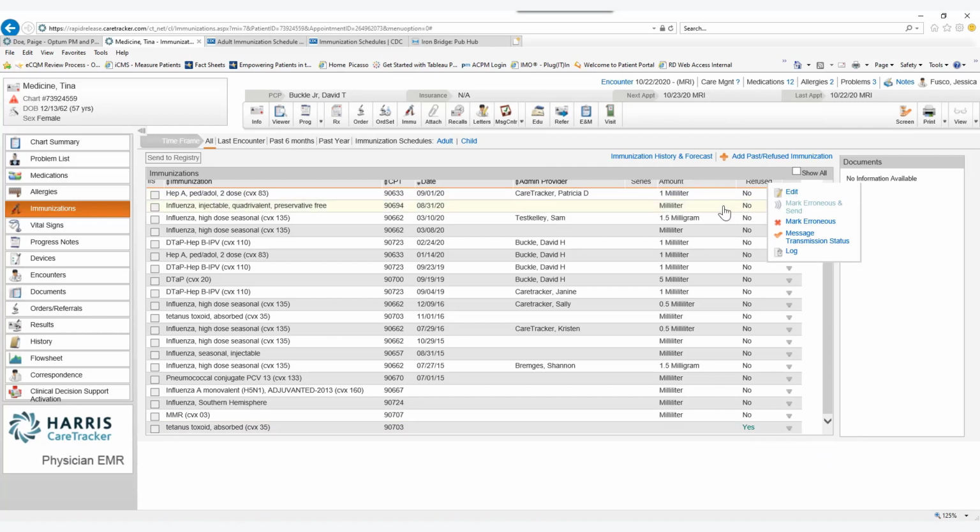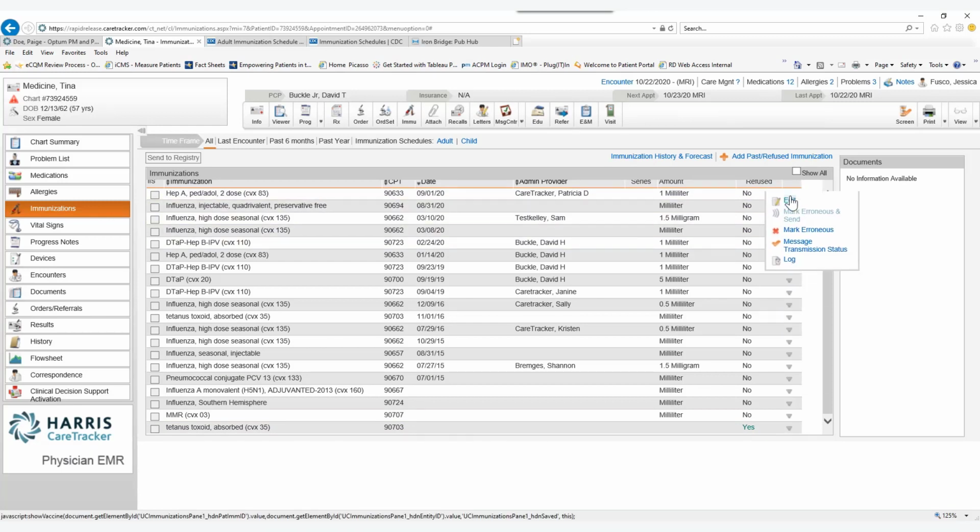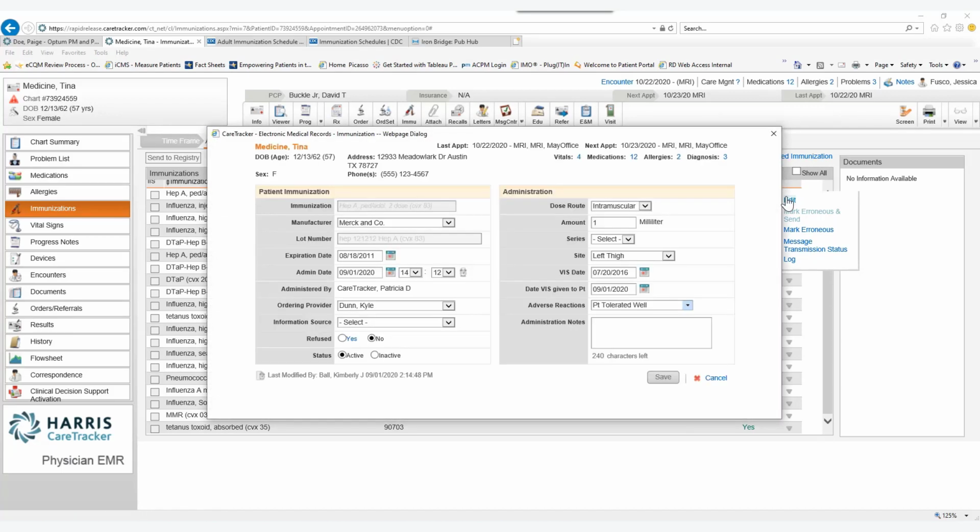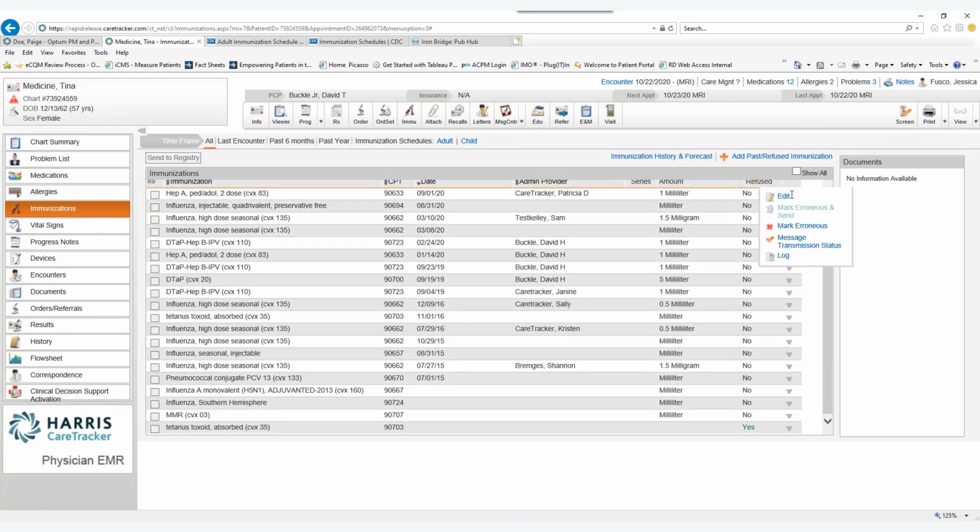Now you also have an action button here, or action triangle, that allows you to be able to edit if you needed to. So you could edit that information if need be. You also can mark it erroneous. Maybe it was entered in by mistake. Maybe this wasn't the correct patient. You can mark it erroneous, so that way it leaves the